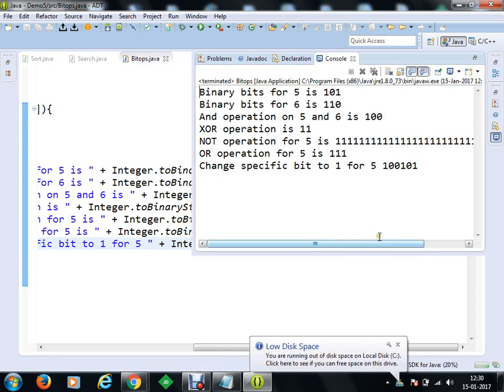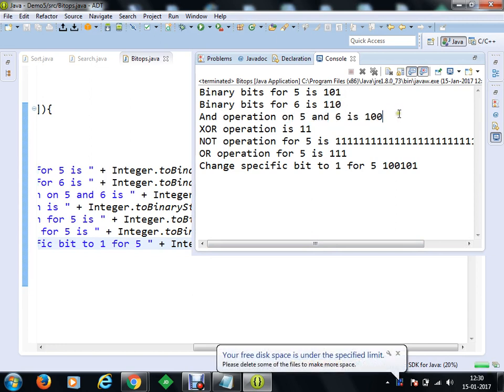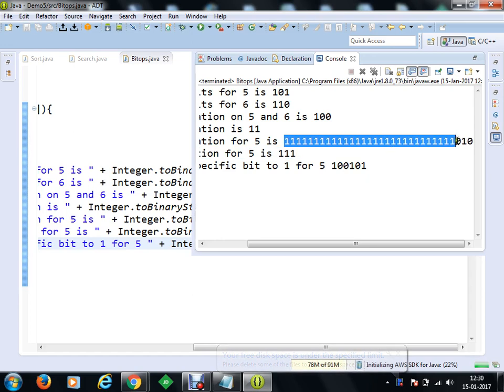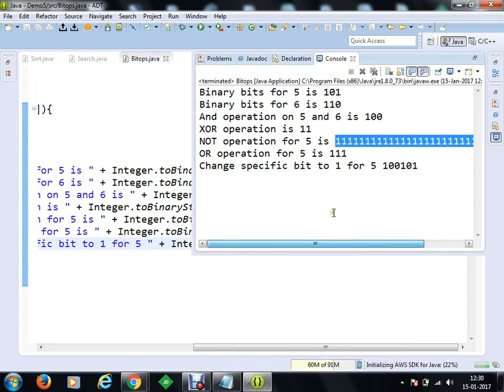So once we run, now you can see that binary bits for 5 is something like this. You have performed AND operation of 5 and 6, you will get that. XOR operation is all zeros and last में 1 1. NOT operation में जो आपका 101 था, that has been converted into 010, but NOT is giving 32 bits complete output. Okay.